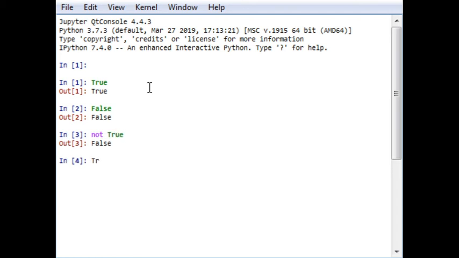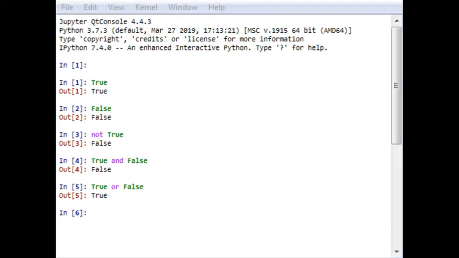And when I use the and operator, it will give me an output of False. The same occurs with True and False. If I use the or operator, True. If I use the symbol function,